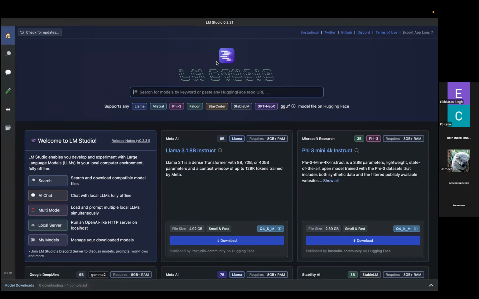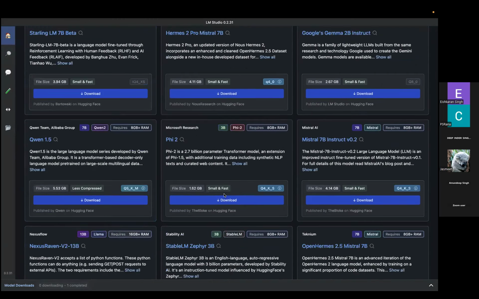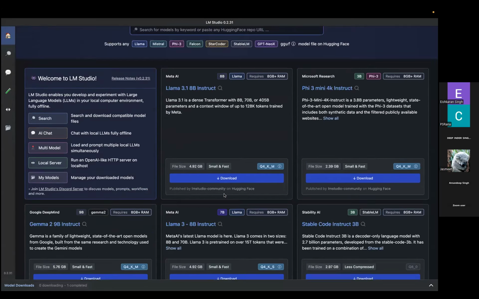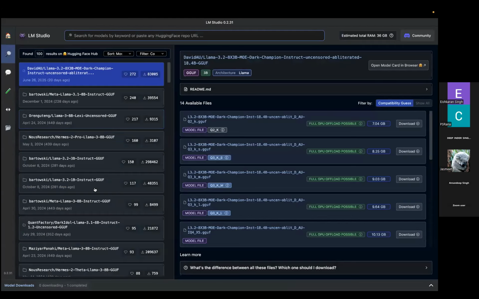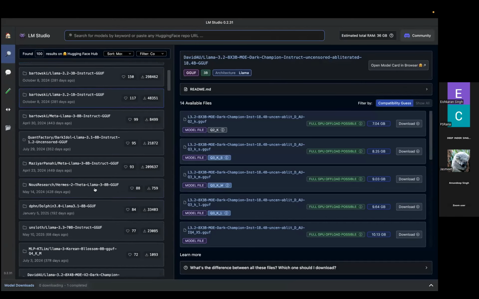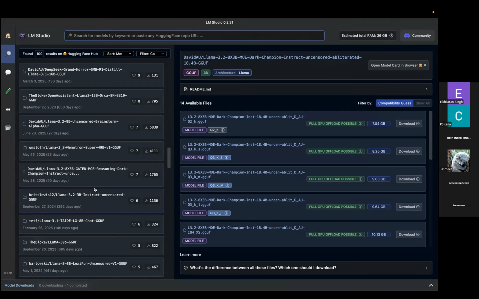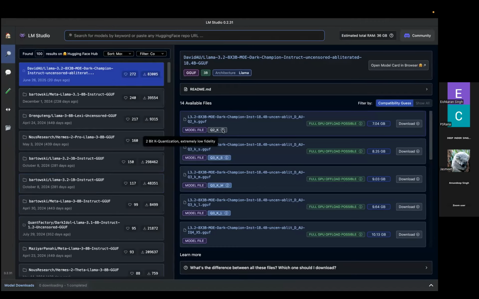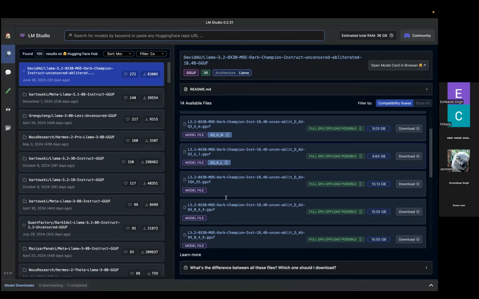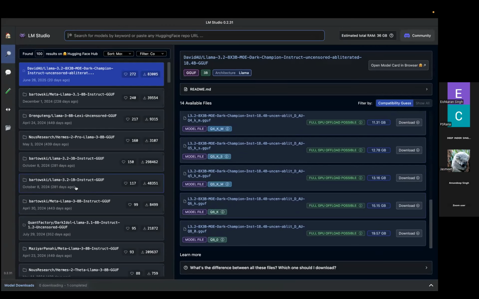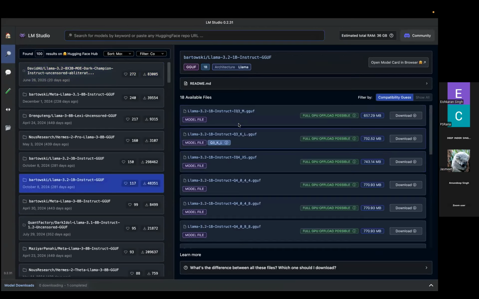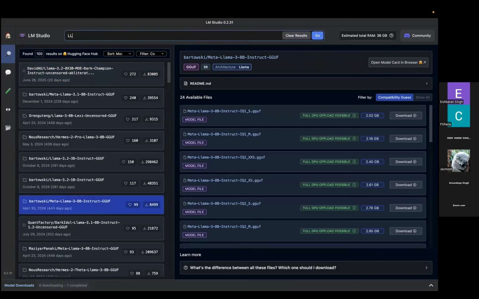Why is it better? First of all, it has direct linking with Hugging Face. Whatever model you have on Hugging Face, you get over here. You can download the model in different quantizations, whether 2-bit, 3-bit, 4-bit, 5-bit, or 8-bit. If I want to go for instruct, I can get an instruct 1B parameter model, a 3B parameter model, an 8B parameter model, and sometimes even a 72B parameter model. If I show you,